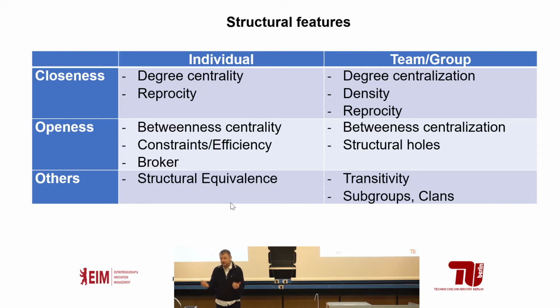But the contrary also has positive sides. So social capital can also be created by openness. So that means not being strongly embedded in one group, but being in between. Having many, many friends from many, many different groups, playing music there, doing sport there, having the friends from your former village, school, town where you are from, having maybe some other hobbies. So you have many, many different people in your network with many, many different groups. That makes you somehow in between. You're not strongly in one group, you are in between. That's betweenness centrality. That's a kind of openness.